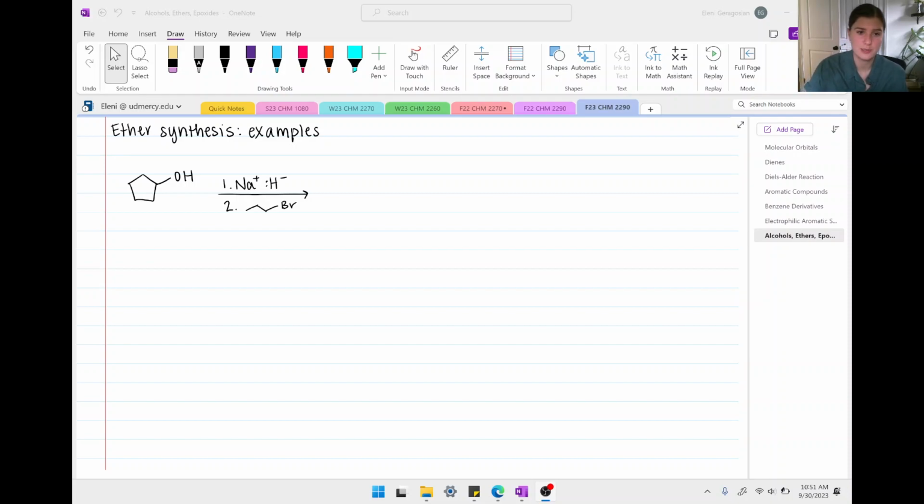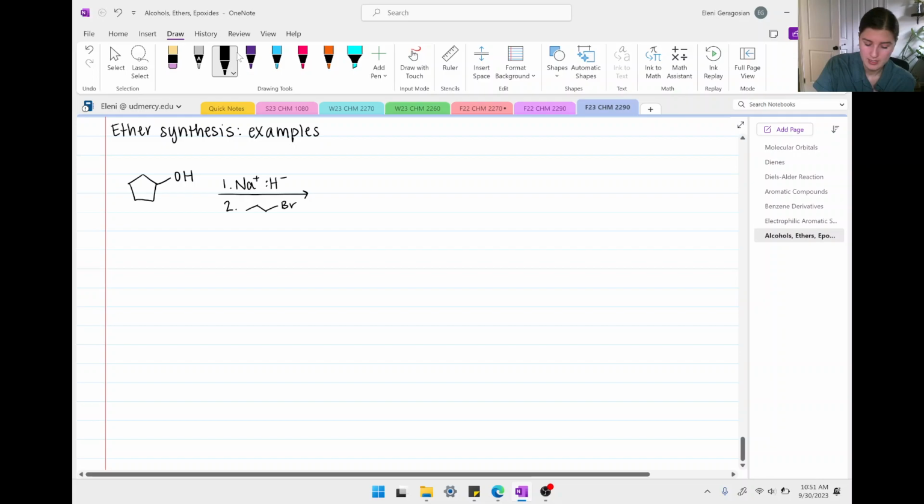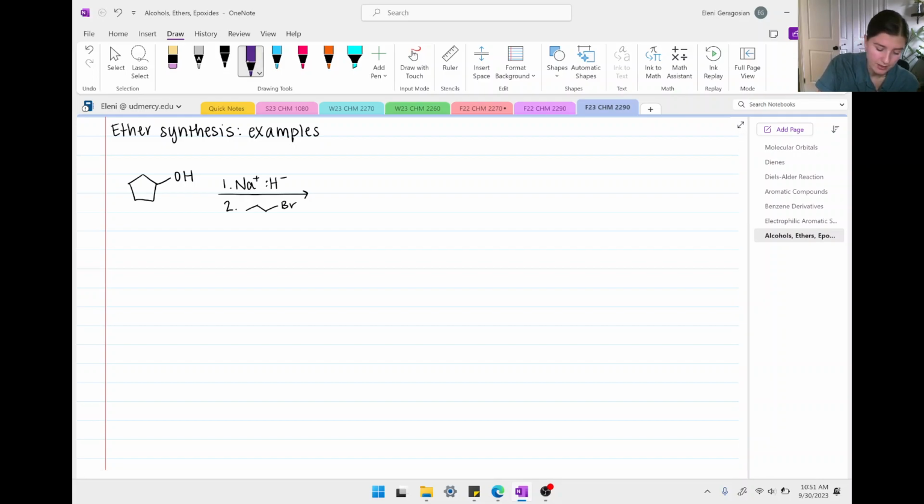If all we're doing is predicting the product, we know that for the alcohol, we keep the alkyl chain and the oxygen. So in the product, we'll have the cyclopentane chain and the oxygen. And then that oxygen is bonded to the carbons that are part of the alkyl halide. If we count carbons here, we have 3 carbons. So there should be 3 carbons bonded to that oxygen. And this is the final product